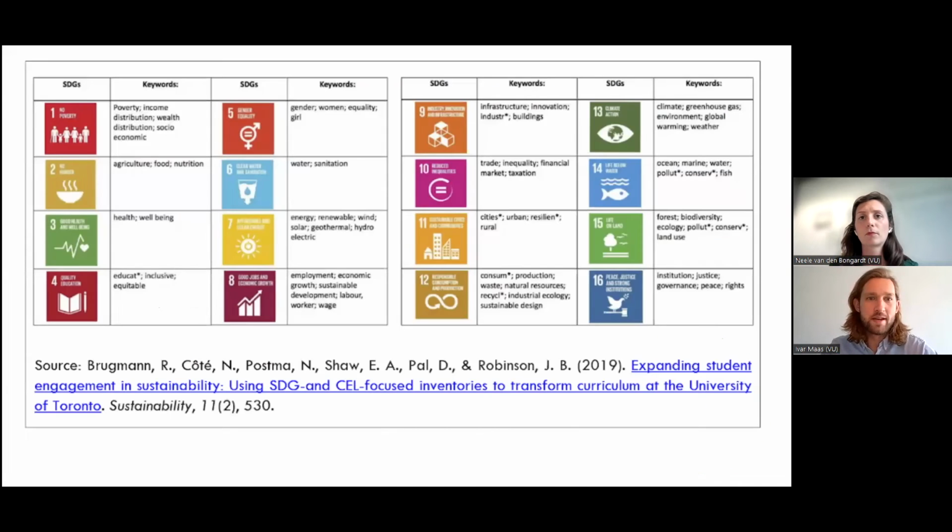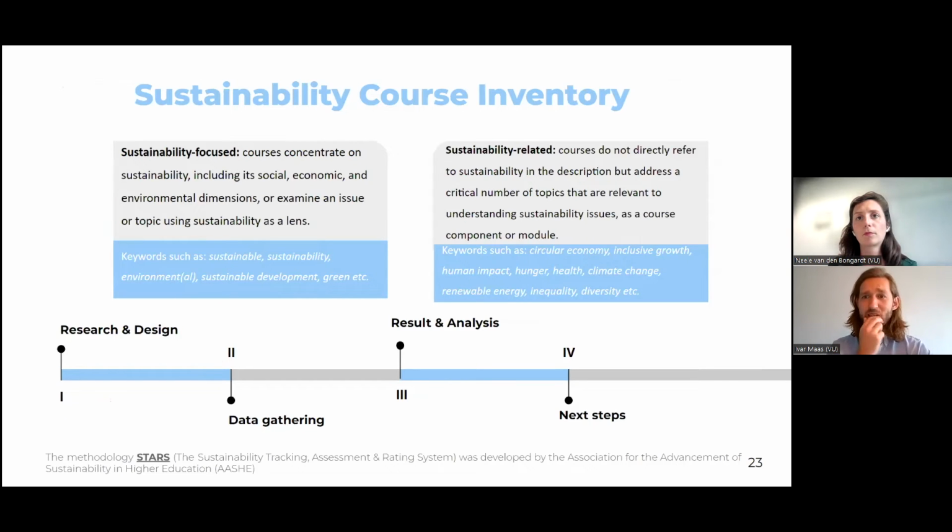So very quickly, we use key terms also here, so you can see what key terms, or at least a certain amount of keywords, have been used, and we use these keywords to assess the different course descriptions. And how that went is the following. Students of the Green Office went through all the different course descriptions of the university. We have around 5,000 courses in total, and they looked at the course description based on those keywords, and then